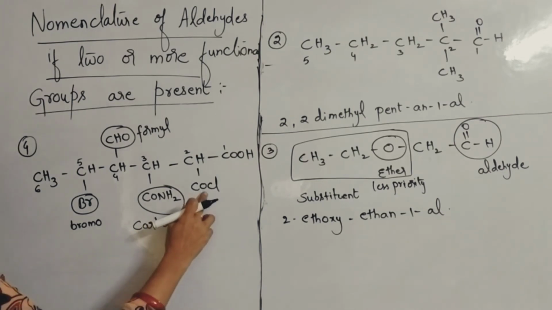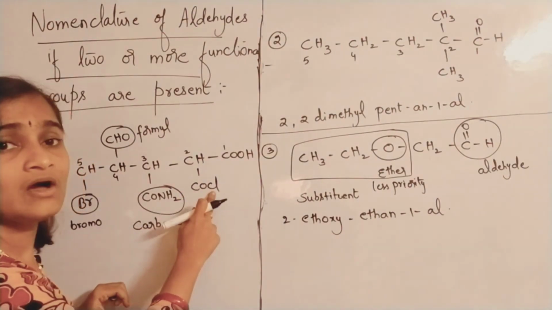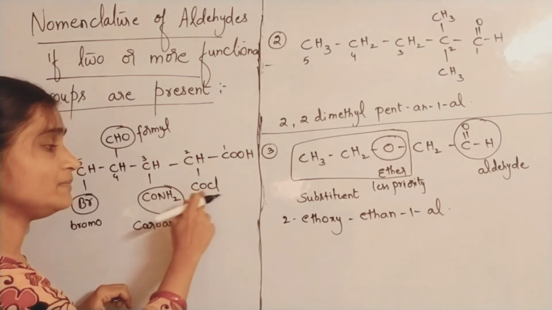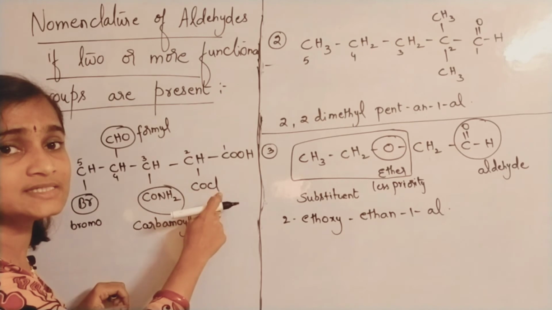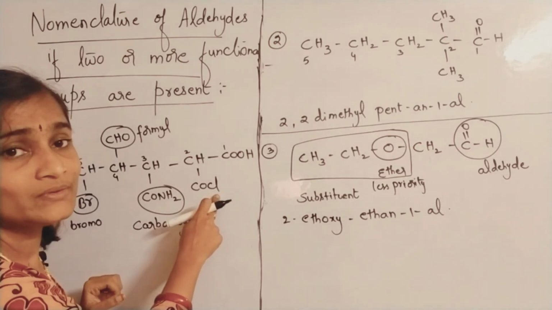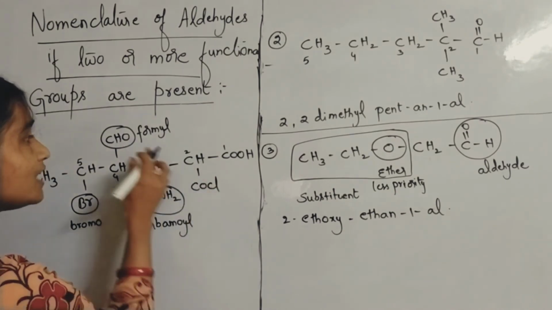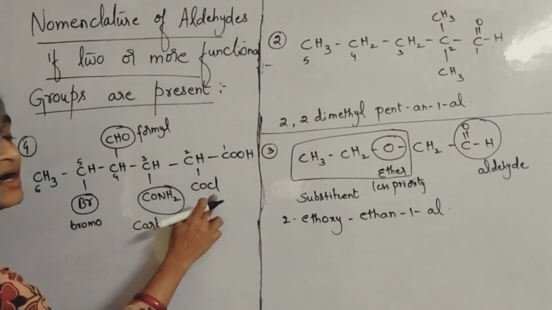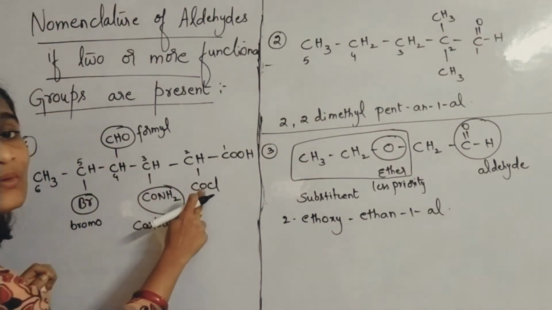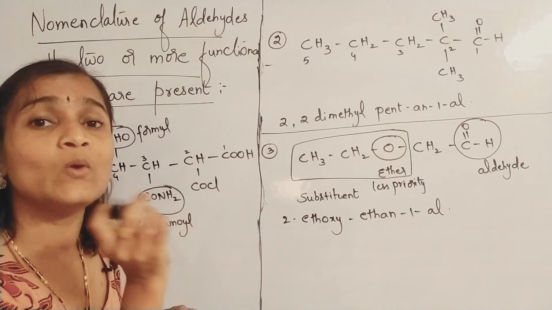Actually, if it is CH3, it is methyl. To that methyl, oxygen, chlorine, COCl. In place of CH3, here COCl is there. You have to write it as what? Chloroformyl. Please understand carefully. CHO, it is also like an aldehyde only, but in place of H it is what? Chlorine. See here, CHO, CClO. If it is CHO, it is formyl, but it is CClO.